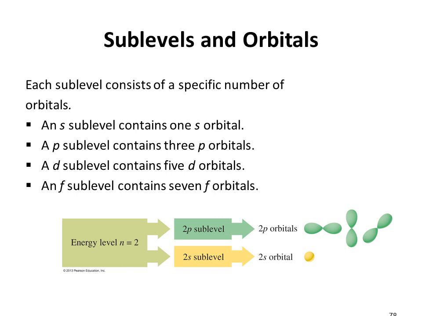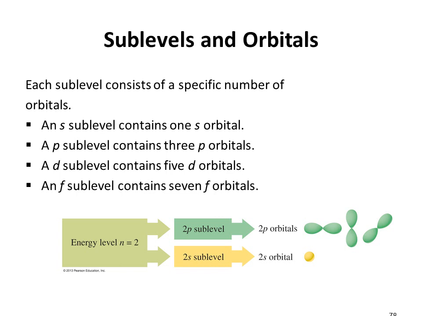And so you just want to remember, we start off with energy level, then we go to sublevels, and then we go to orbitals. Remember that the number of sublevels possible is always equal to the number of energy levels. In the example on the bottom, we have an energy level of n equals 2. That means we can have 2 sublevels, which would give us the 2s sublevel and the 2p